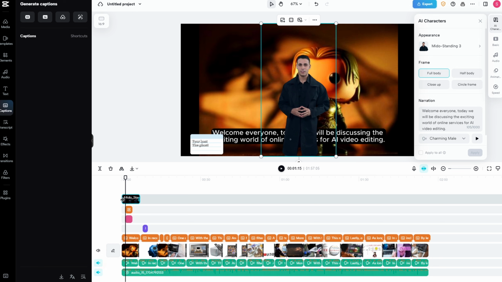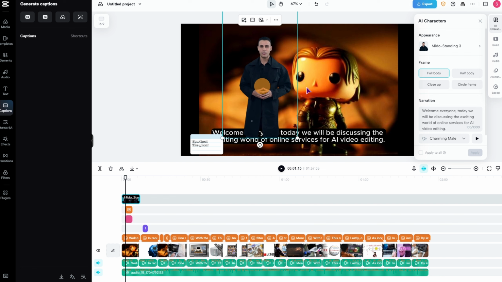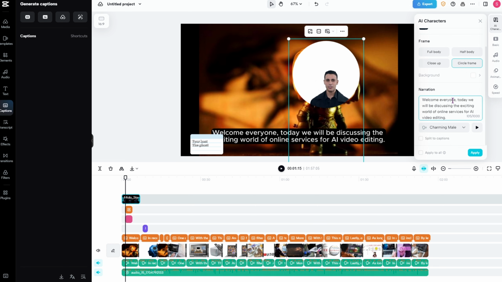So this clip also has an audio, even though it doesn't show the icon. Now you can simply position this around. You can also set how much it will be visible. And this is what it says. And you can also change the text if you wanted to say something else. You can also change the voice, and you could also select apply to all if you had this narration done